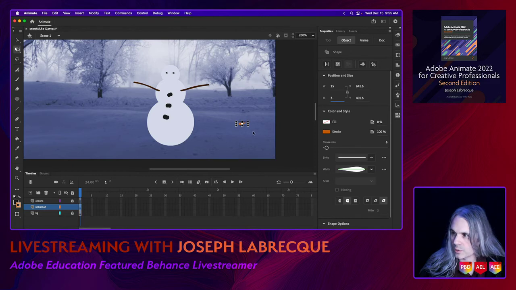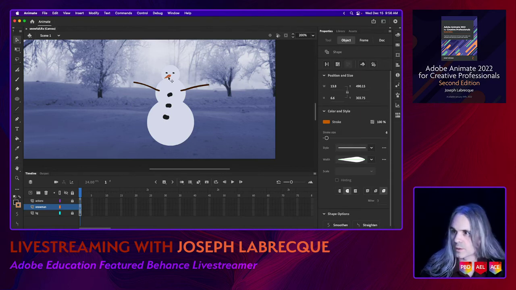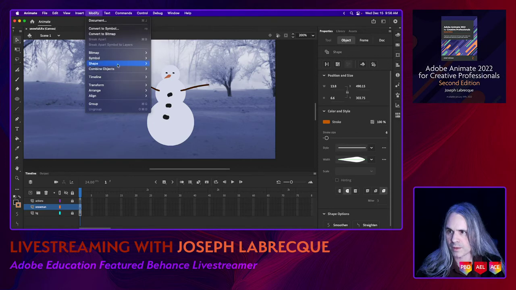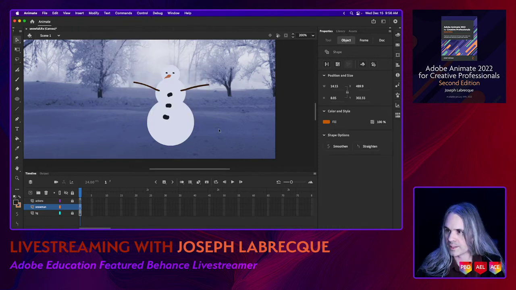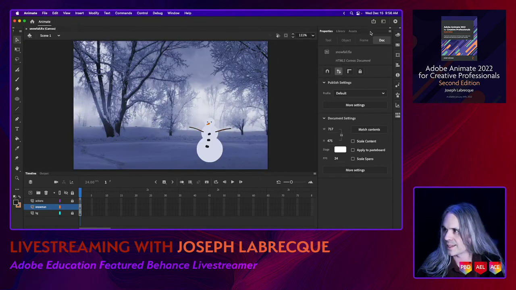And then all we need to do is just rotate this guy. And place him. Perfect. Actually, did I create, is this a stroke? That is a stroke. So let's go ahead and turn that into a fill as well. I'm not sure it matters that much, but I like to keep things consistent. So let's modify shape and convert lines to fills. Perfect. All right. So now if we look, we got our little snowman, and if we test it,